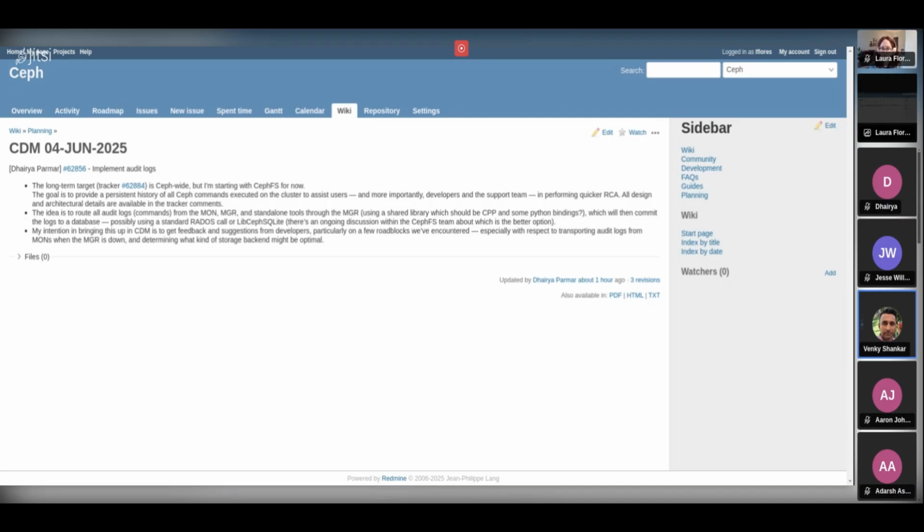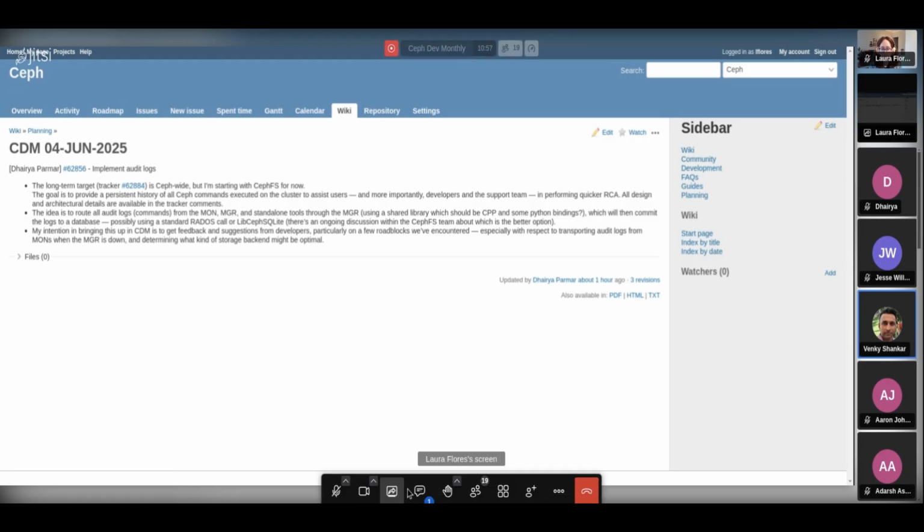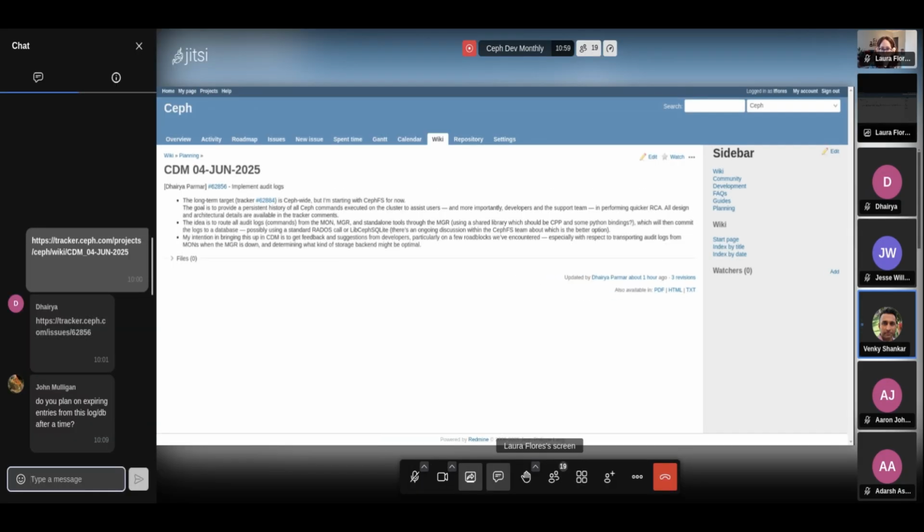So once we have that dump, it's easy to infer what could have happened which broke the file system, or in general which broke the cluster. So that's where all this is coming from. And the design itself is obviously under discussion. But what we felt was this audit logging mechanism is pretty general in Ceph, and we want to start off with CephFS, yes, but